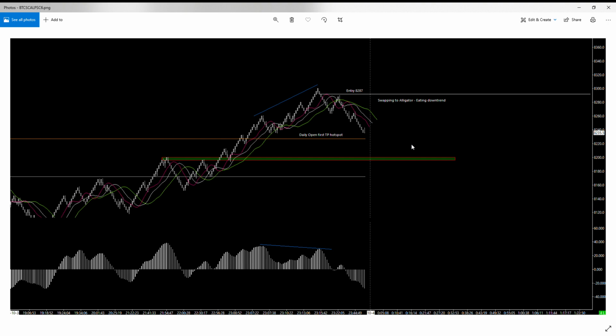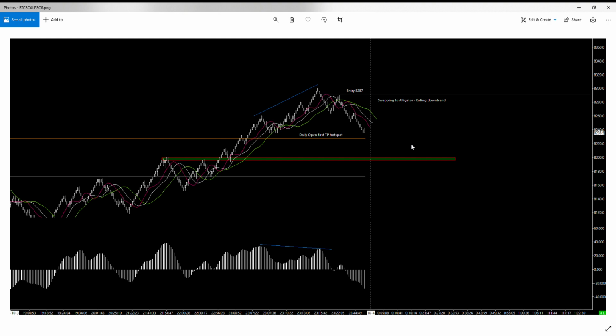The other thing that I did is I swapped to the alligator. And if you don't know much about the alligator, I'd recommend checking it out, especially if you're a scalper on lower time frame. It's incredibly helpful. It's a set of 3 simple moving averages, and it basically shows a trend, as a moving